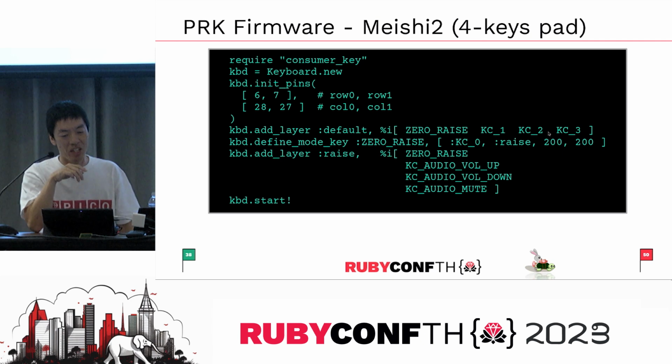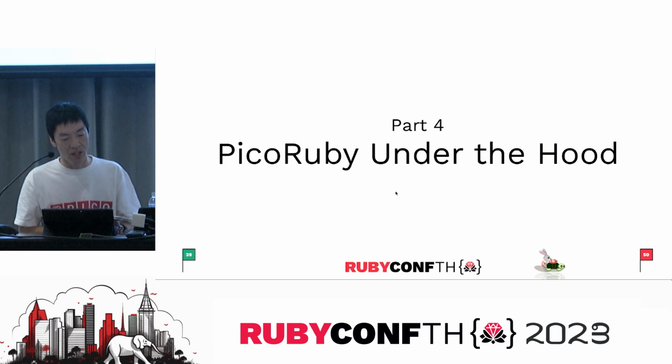This is the sample keymap.rb for Mesh2, which has only 4 keys, a macropad. In the default layer, the keys are going to be 0, 1, 2, and 3. But if you keep pressing that key, the layer switches to the raise layer, and you can control audio. For example, this is how it looks. Okay,